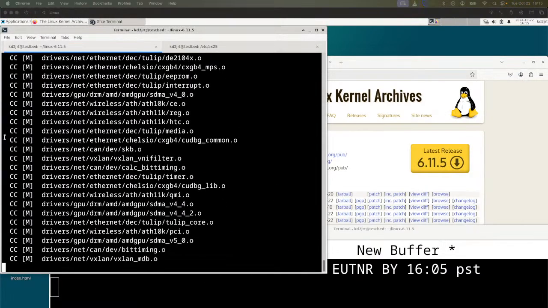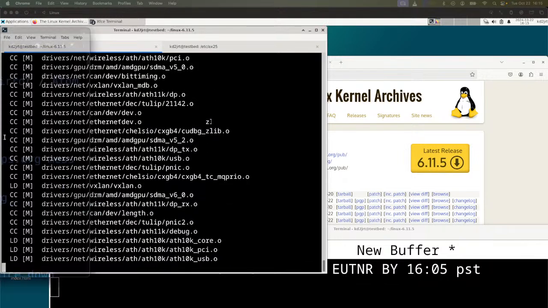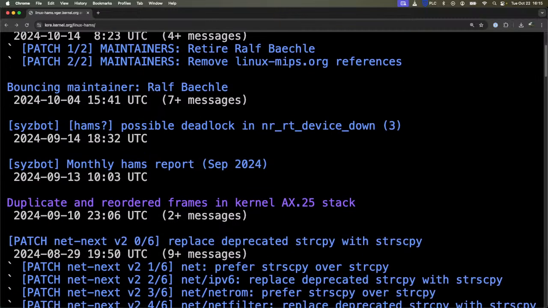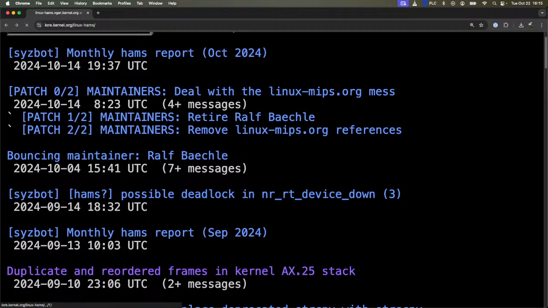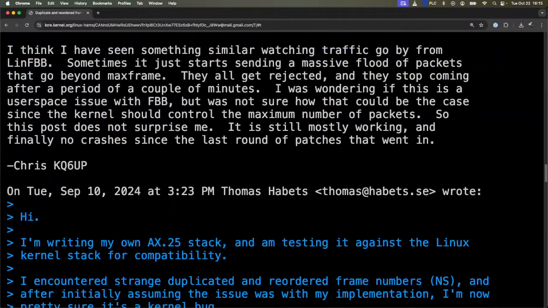Alright, so you know what? This is actually a known bug. Or, I'm not going to say known bug, but it is an actual bug. So, according to this bug report,